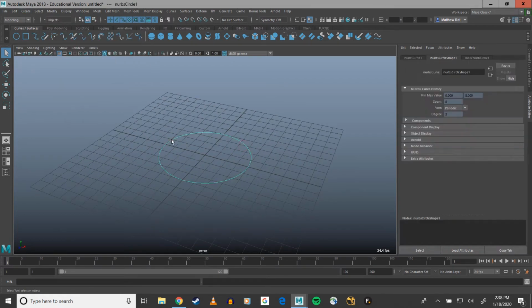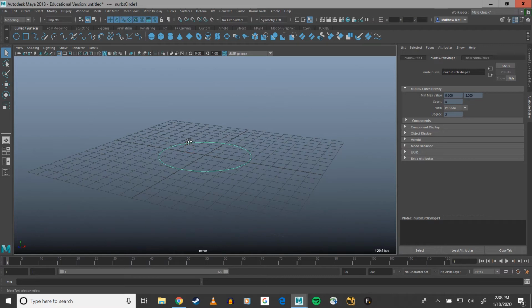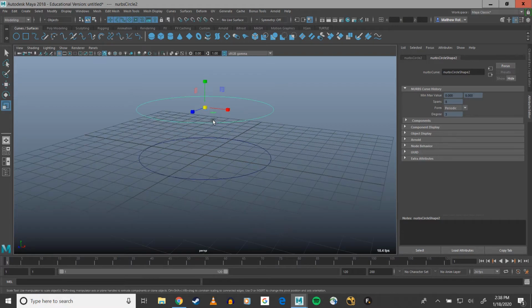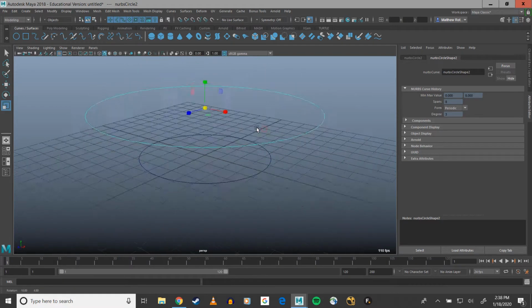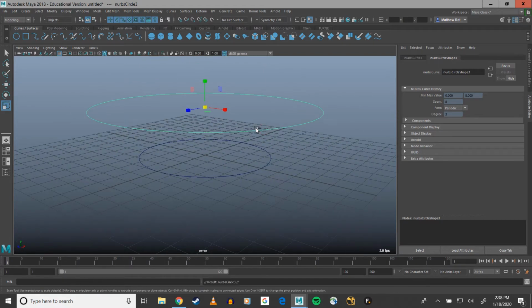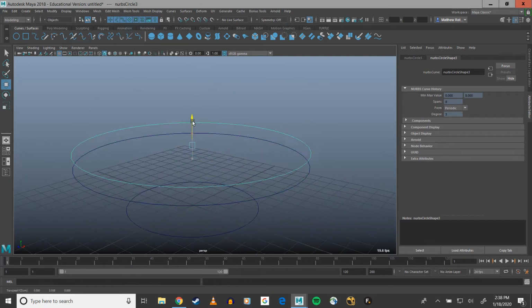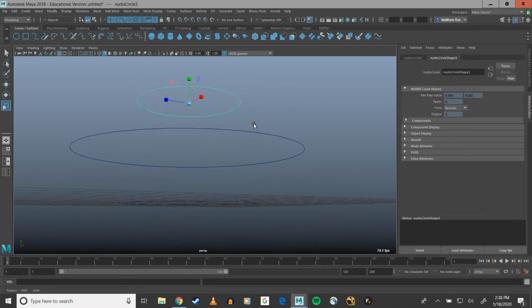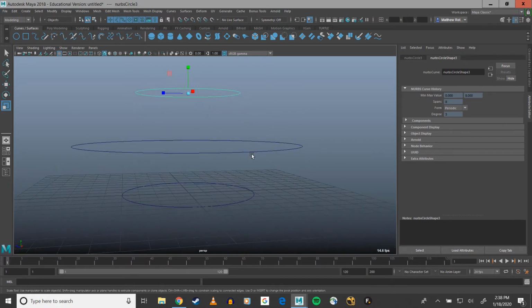In any case, I got a circle and I can duplicate it, pull it up,